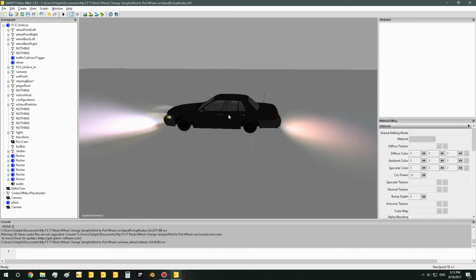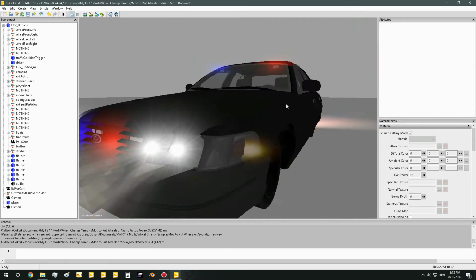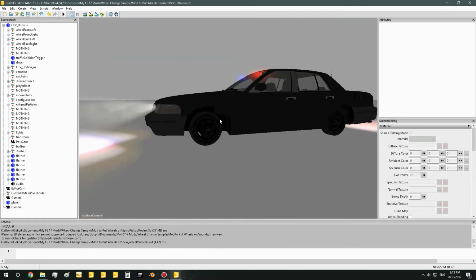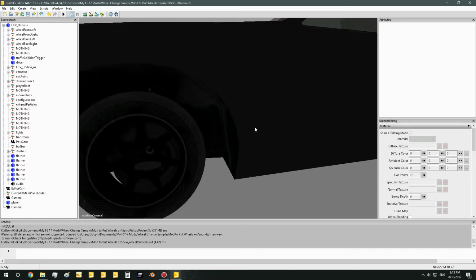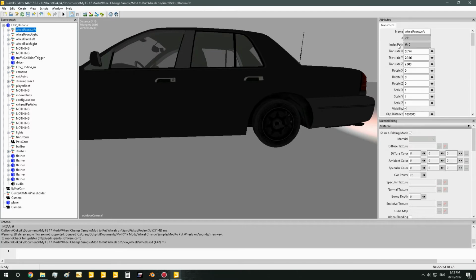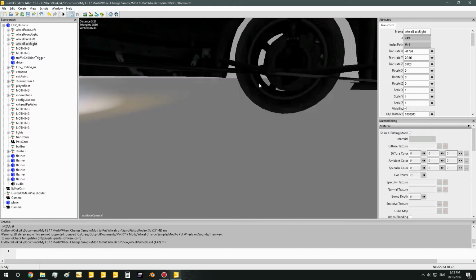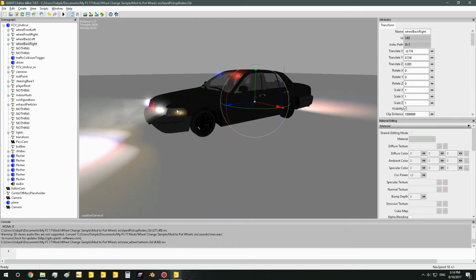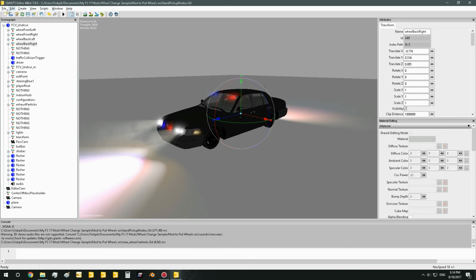Okay, so I've just now replaced all the old wheels with the new wheels, both in the indexes, and I have also aligned them nicely so that they look like they fit on the vehicle, so they're in the wheel slots and everything. So now we have our front left at 00, our front right at 01, our back left at 02, and our back right at 03. So now we should be all set up because we have our wheels all set up, proper indexes, and also proper placement in the editor, so it looks visually fine. So now all we have to do is go ahead and save, and there we go,